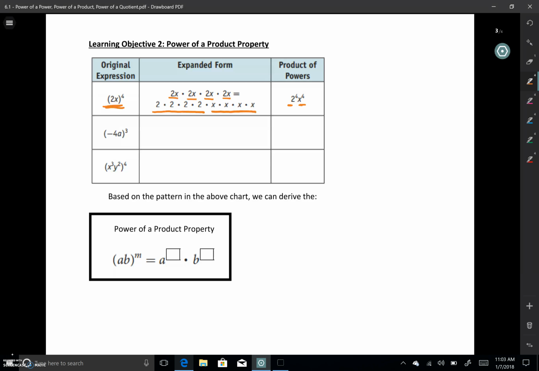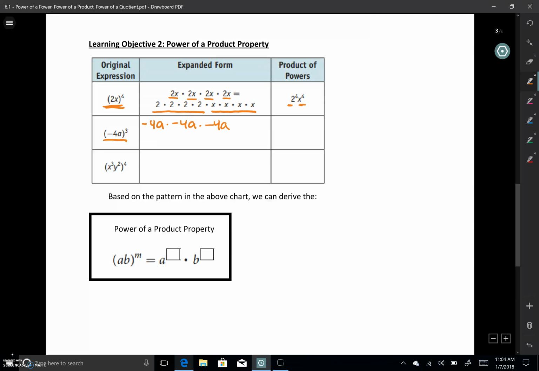All right, hopefully you filled in those last 2 lines. Let's do them together now and see if we get the right answer. My second line gives me negative 4a cubed. So I'm going to have negative 4a times itself